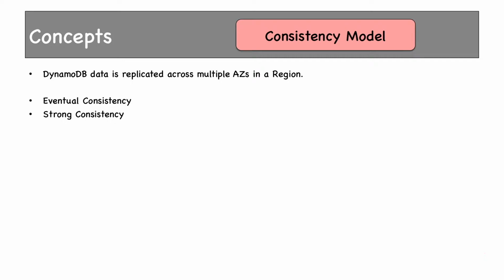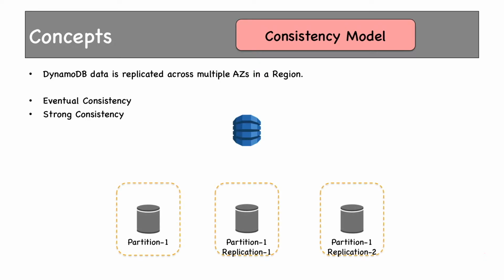Consistency model in DynamoDB is almost similar to S3. As we all know, DynamoDB replicates data to multiple data centers across multiple AZs in a region. There are two consistency models, eventual consistency and strong consistency. This is our DynamoDB table, which is stored in multiple partitions, and each partition is replicated across multiple data centers